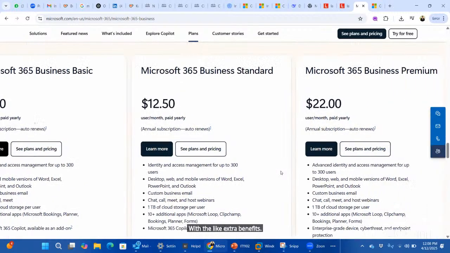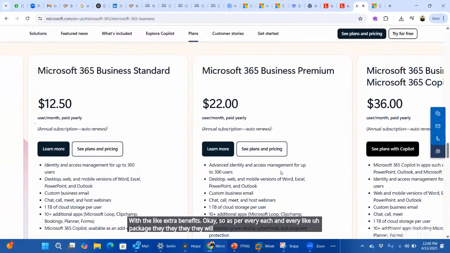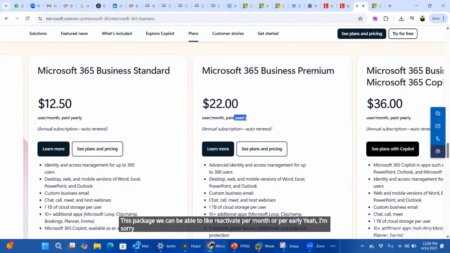As per each and every package, they will modify it and include some other extra plans, and give it to the user for an annual subscription or monthly subscription. So this package we can reactivate per month or, sorry, per year.